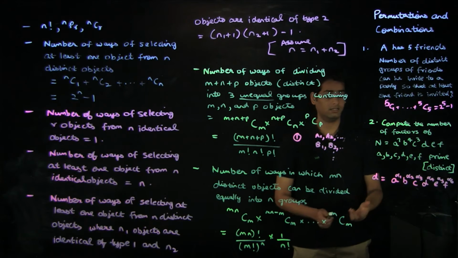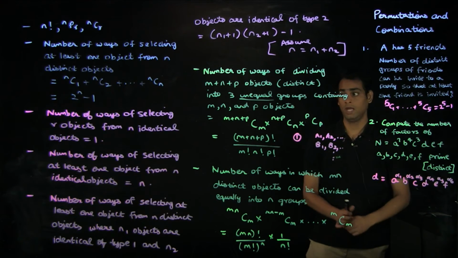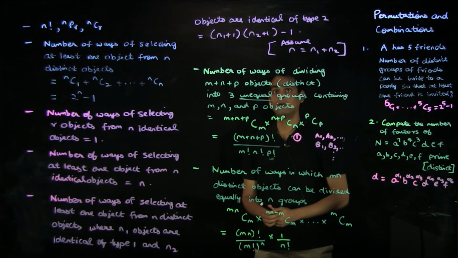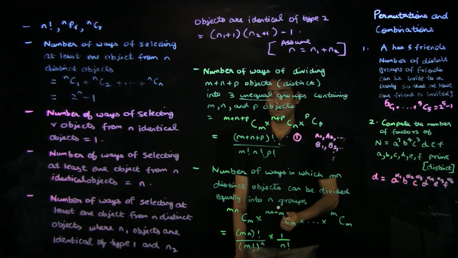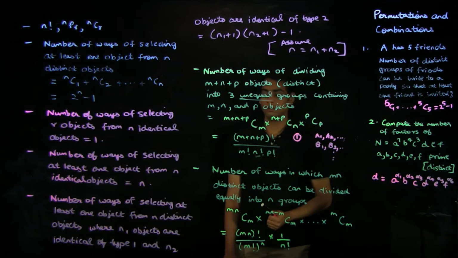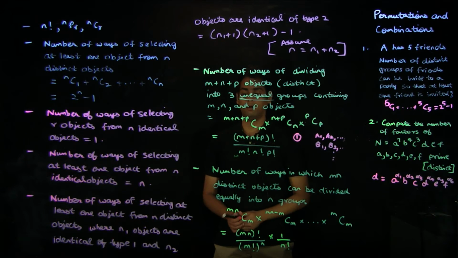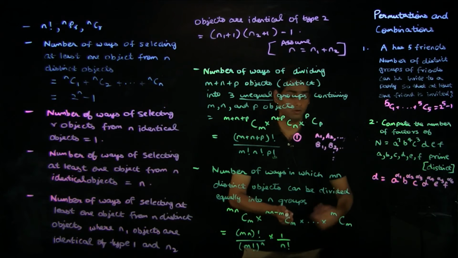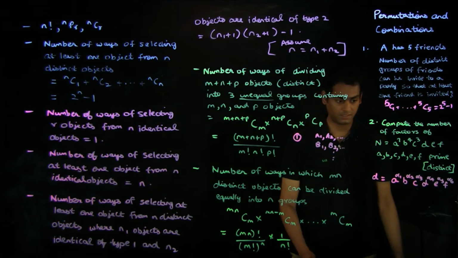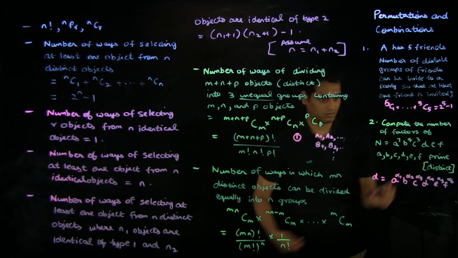So you can consider this problem to be equivalent to that problem. And we've seen here the number of ways of selecting at least one object from n objects, where n1 objects are of type 1 and n2 objects are of type 2, and so on. So by a generalization of this result, the number of ways is going to be